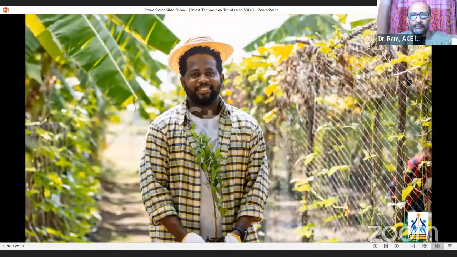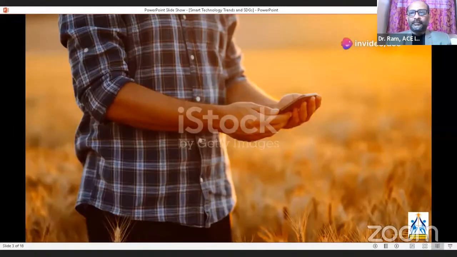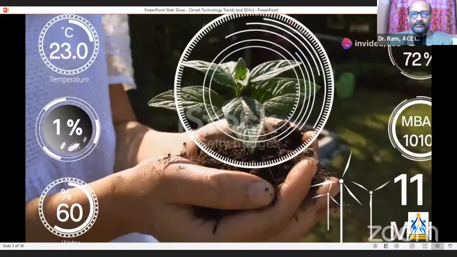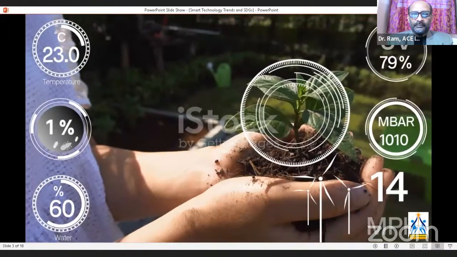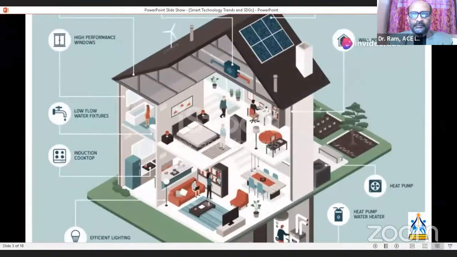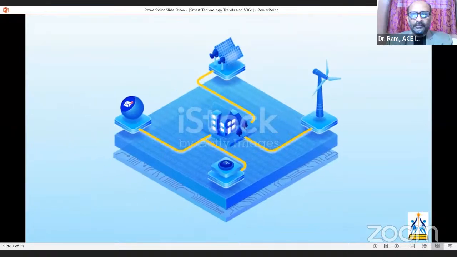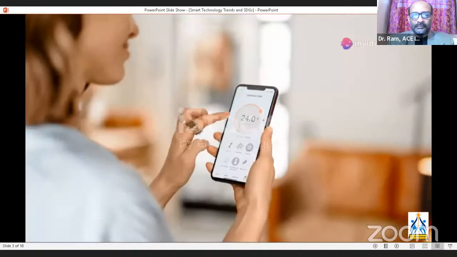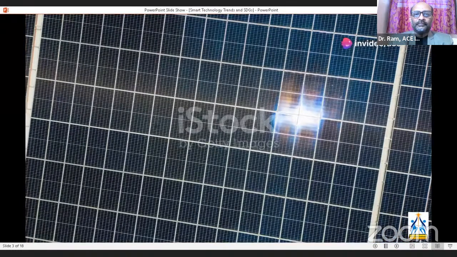But it's not just about energy and transportation. Smart agriculture is another game changer. Using IoT sensors and drones, farmers can monitor their crops with precision. They can optimize water usage, reduce pesticides, and increase yields. This means more food with less environmental impact. Sustainable farming is feeding the world while protecting our planet. Then there's the rise of green buildings. Innovative materials and designs are making our homes and offices more energy efficient. Smart thermostats, LED lighting, and green roofs are just a few examples. These technologies reduce energy consumption and create healthier living spaces. Imagine your home being as eco-friendly as it is comfortable.